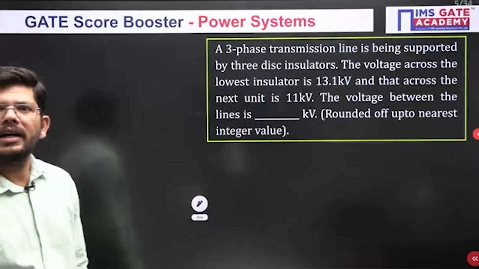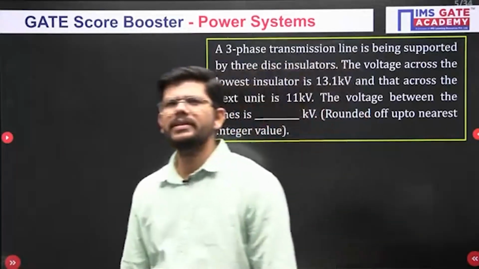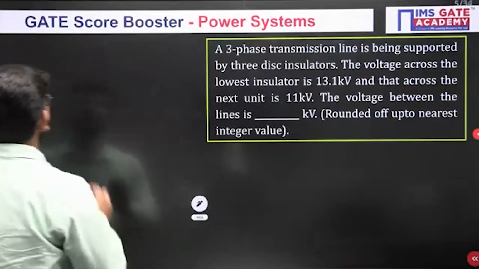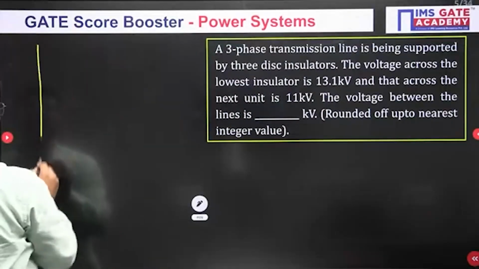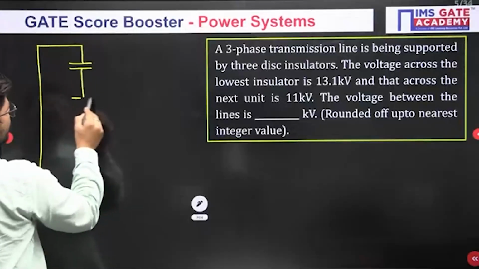Prakhar is saying the last unit voltage will be V1 (1 + 3m + m²). Okay, let's see how to solve this question. So what has been given to us is we have 3 units, isn't it? 3 discs are there